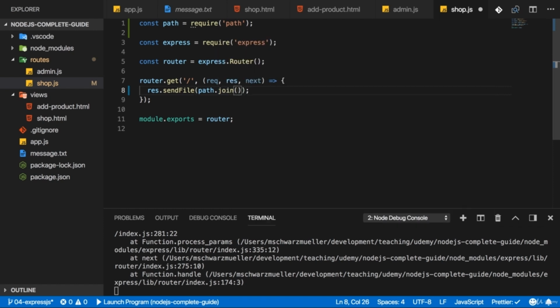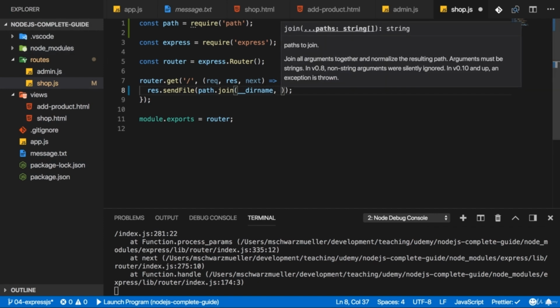Now, the first segment we should pass here is actually a global variable made available by Node.js. And that is the __dirname, and that's important, these are two underscores. This is a global variable which simply holds the absolute path on our operating system to this project folder. And now we can add a comma and simply add views here